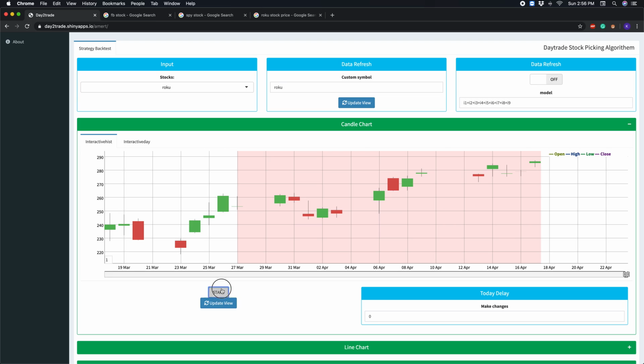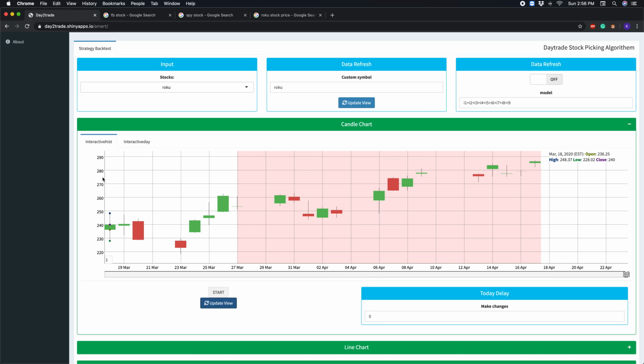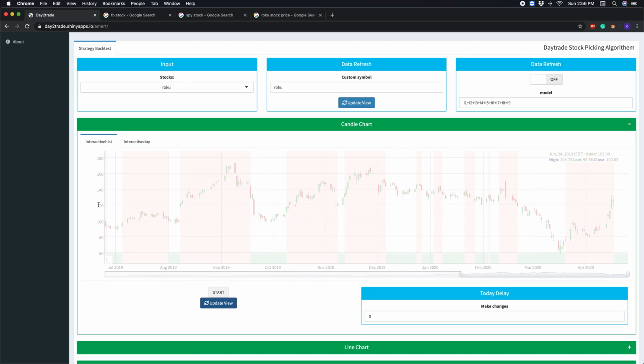Now once you load the stock, we'll go to strategy and see how my model is there for Roku. Just start and update view so that it will fetch the details from the data which we loaded, and it will apply my algorithm on top of the data and give you the results. Just monitor the price is 126 and here the chart has not yet started. Now it is refreshed. So that is the clue that we can think, okay, this is a decent profit. The stock got refreshed.